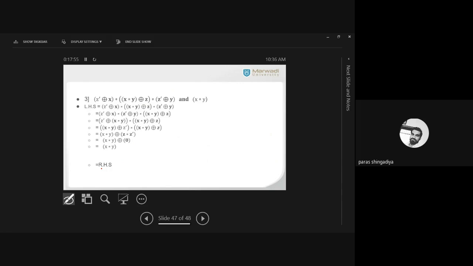The first bracket is z dash ring sum x. The second bracket involves two terms: (x star y) ring sum z, bracket over, star (z dash ring sum y). And that has to be made equivalent to x star y. So all of you check all the steps, and then afterwards we'll discuss the solution in detail. Do not copy and paste, but try to solve it by yourself. If it is asked in the exam, which step is required to prove it, just try it.